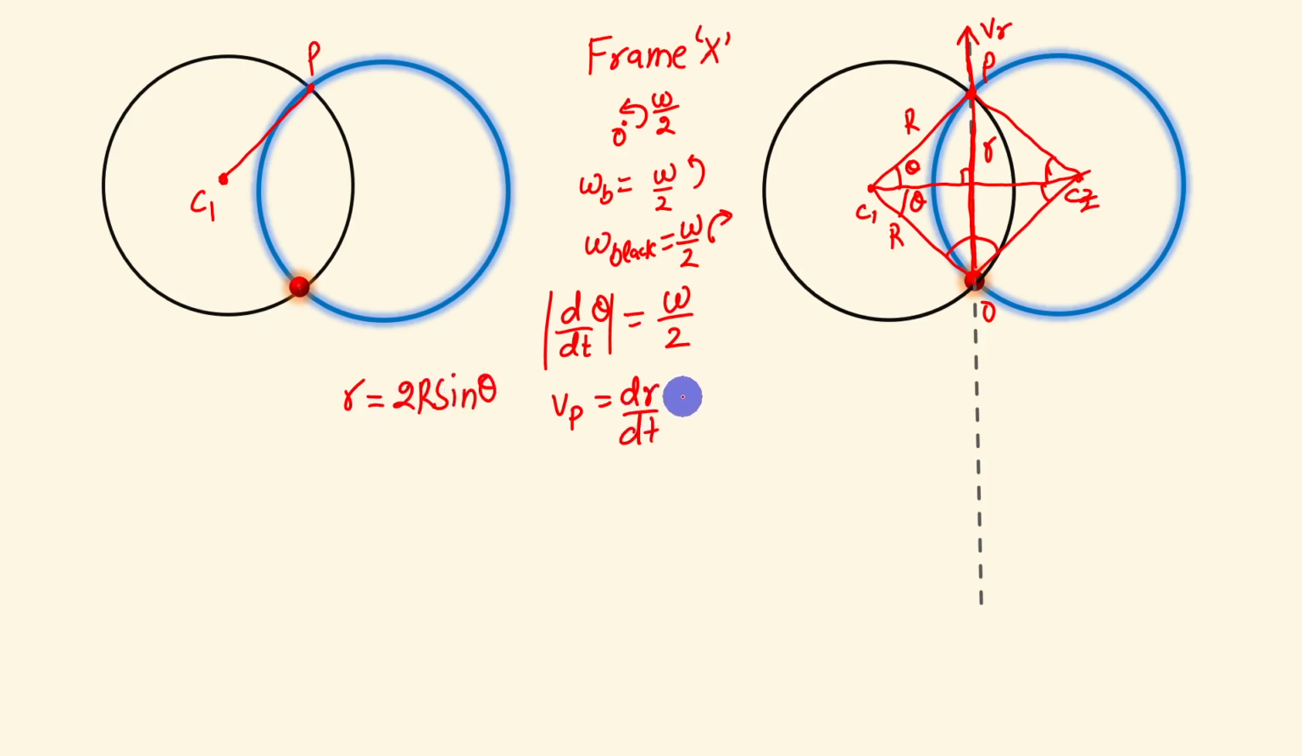That means Vp is going to be equal to 2R cos theta into d theta by dt, that can be written as omega by 2. So this becomes actually R omega cos theta, right? So this Vp in this particular frame of reference is R omega cos theta. But we had to determine the velocity of this point P in ground frame. So in ground frame,